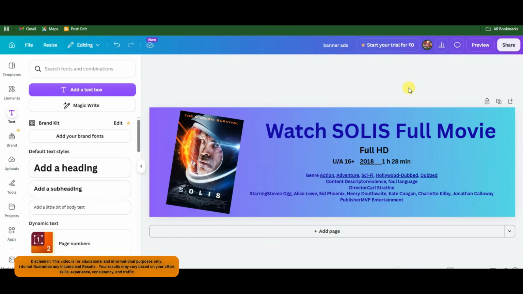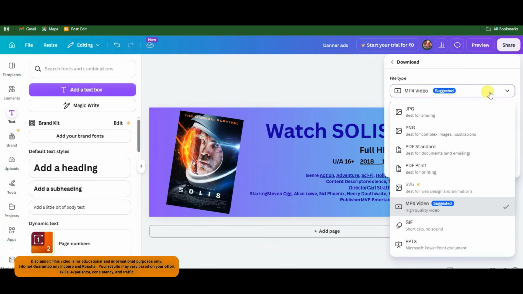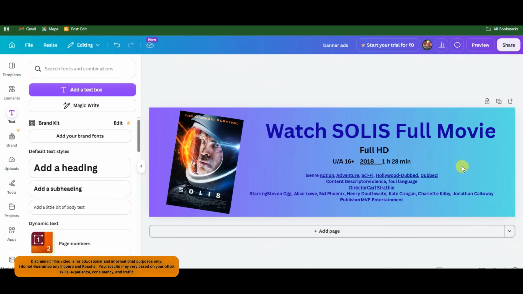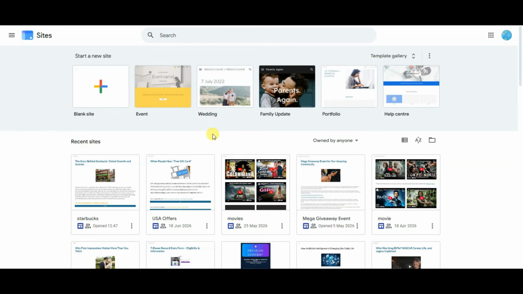Okay, after completing it, you can click on the share button. Click on the download button. You can click here. Now you can select this option. Click on the download button. Now in the next step, what you will have to do is go on Google